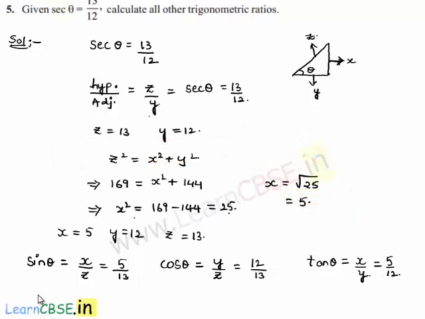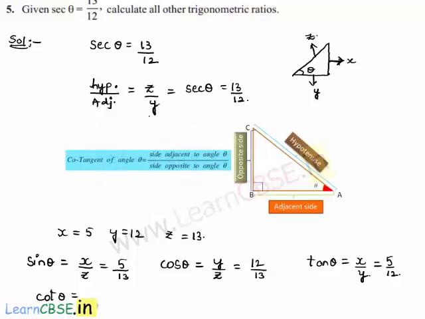Now let us also find the value of cot theta, which is equal to, we know that cot of an angle is equal to its adjacent side by opposite side. Adjacent side here is y and the opposite side here is x, which will be equal to,